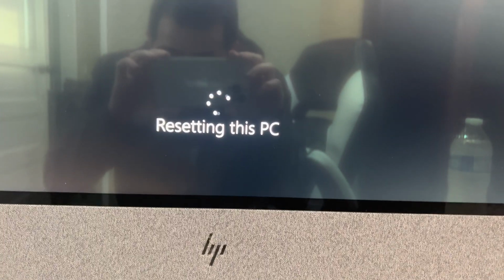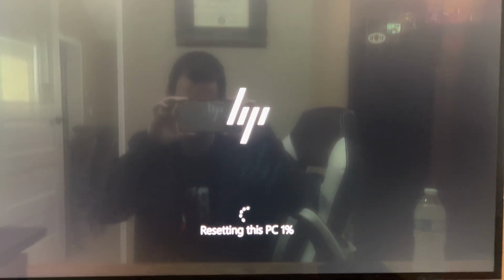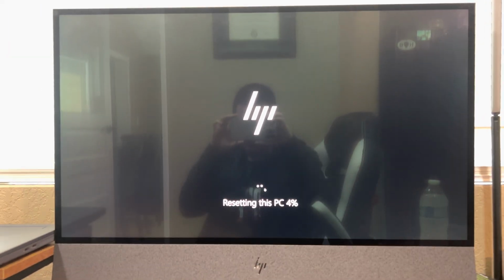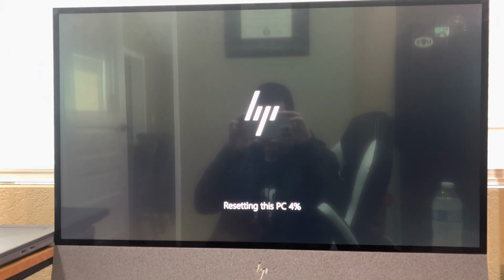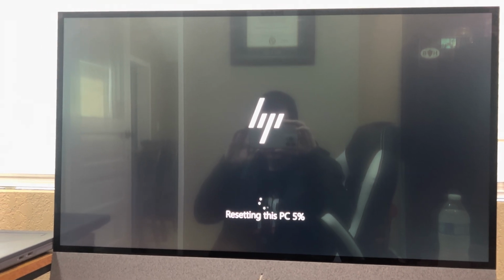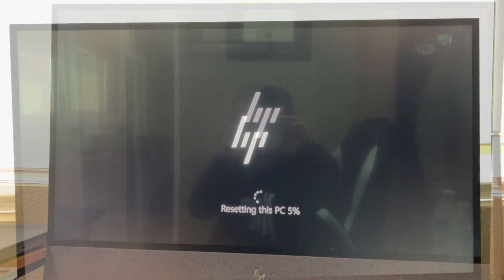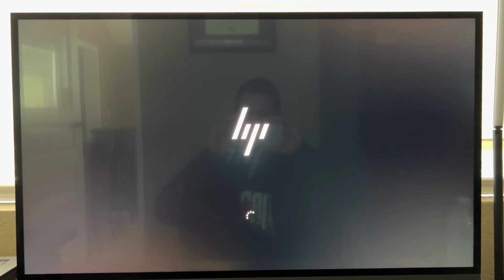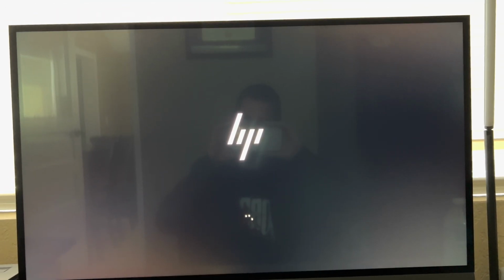Now that Windows 11 has begun the factory reset, we're going to wait for this to finish, and then we are going to begin the Windows 10 install. To do this, make sure you create a Windows 10 media tool using the Microsoft website, and then insert it into the computer, and then hit escape when you boot up, and then boot into the Windows 10 media tool